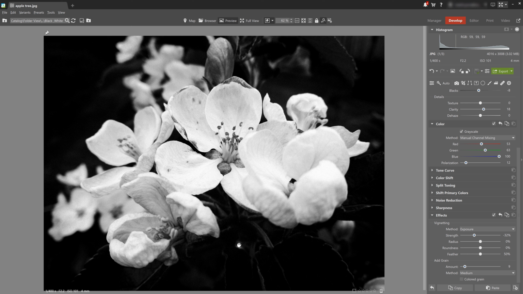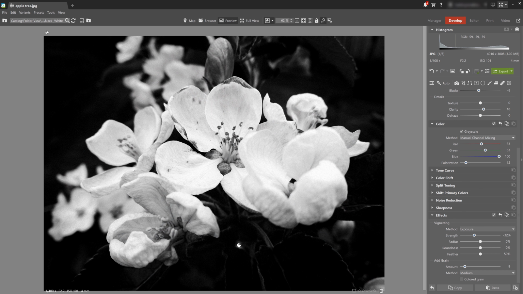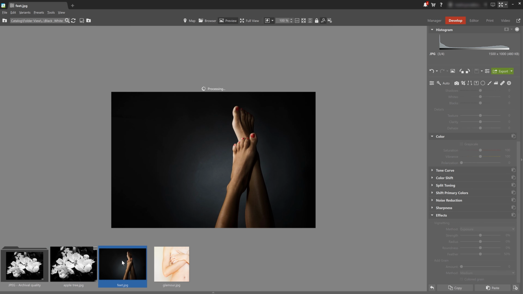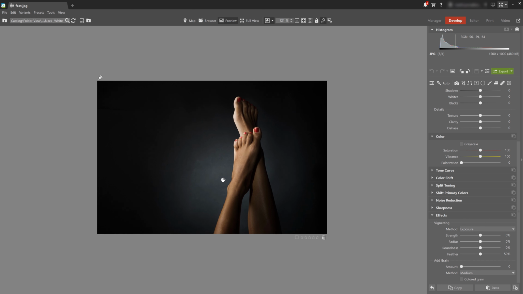And it's perfect for portraits, let's say for men, or also older subjects, as it's just sort of colder and has a more masculine feel to it. So that's why it looks good with those subjects. And I'm still going to be in the develop module. So now I'm going to open a photo that we want to use, and again, select the grayscale and adjust